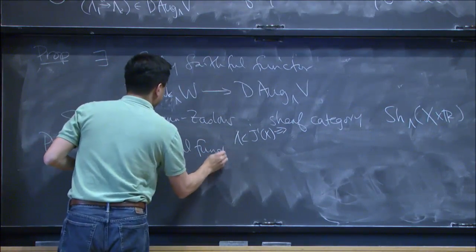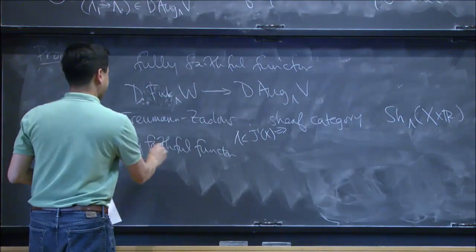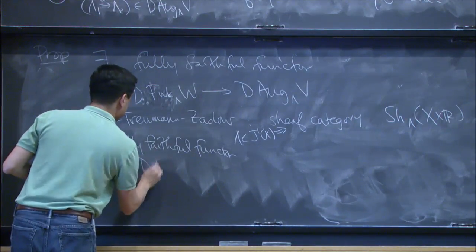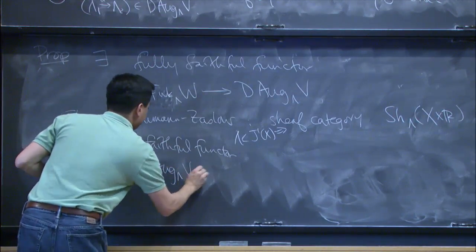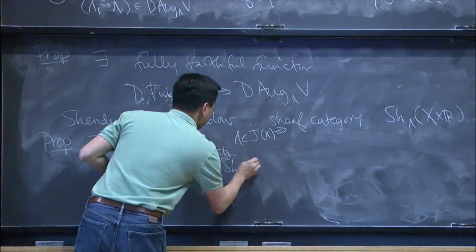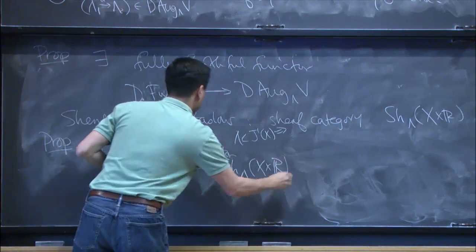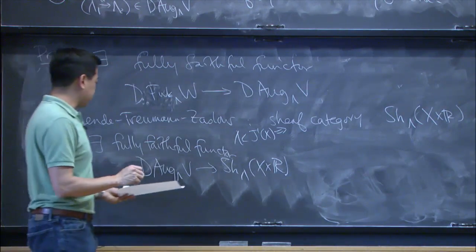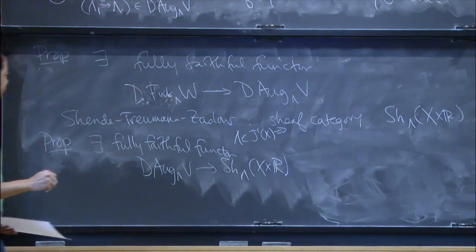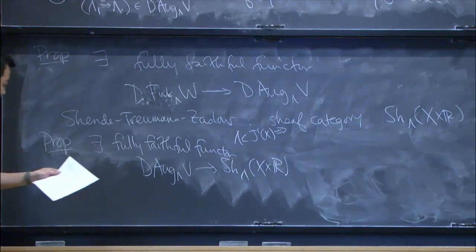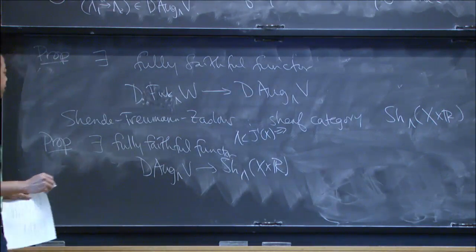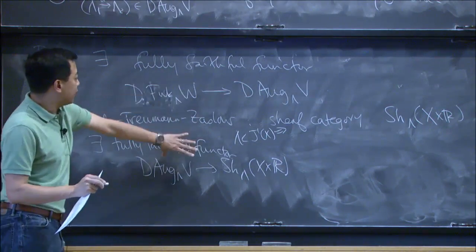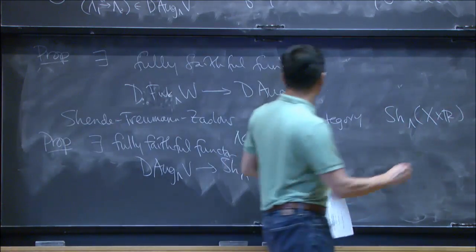So why am I bringing up this thing? Hopefully this will make sense in a second. So there's a fully faithful functor from this derived category to this sheaf category. So this is some sort of functor from an augmentation category to a sheaf category, which again I probably will not talk about. But now you can try to combine these two things, and what you end up with is